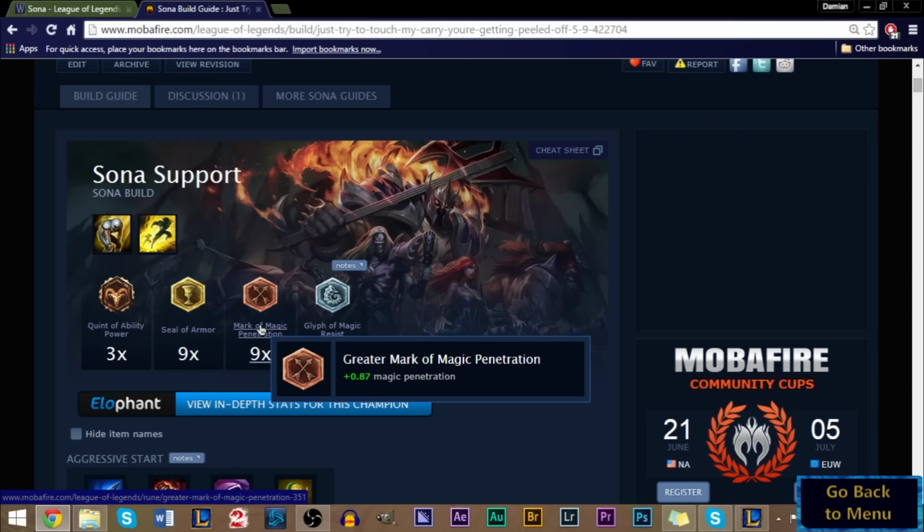Now for summoner spells, exhaust and flash, pretty standard. So that's that. So those are runes and masteries. We've gone over ability sequences and we've gone over ability descriptions. Now one thing we're going to go over is